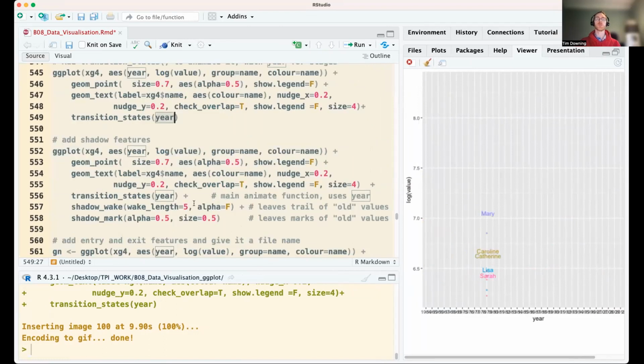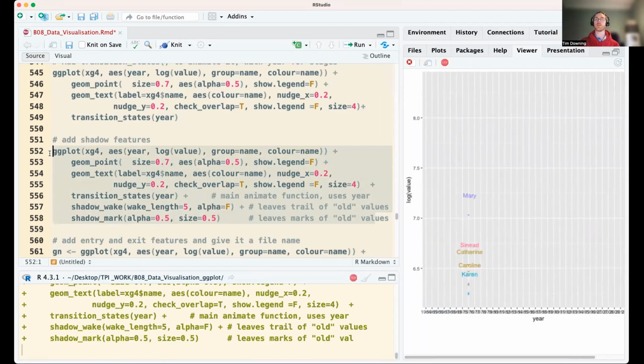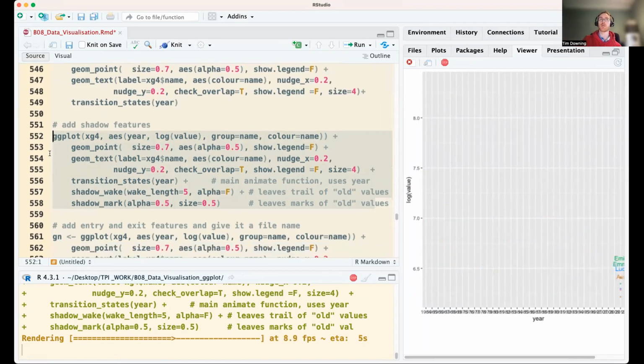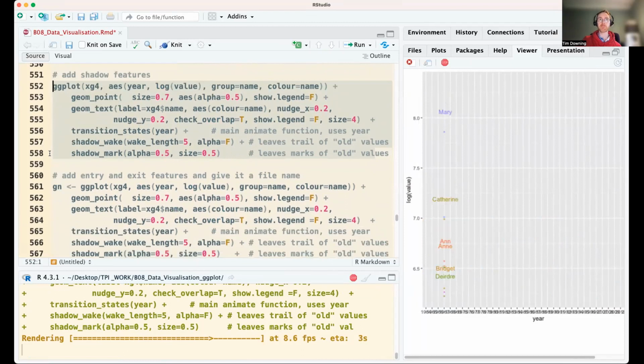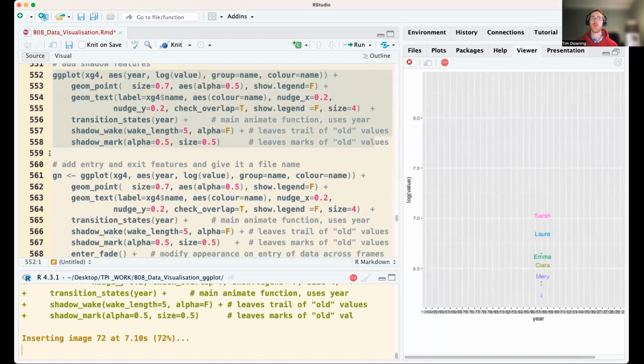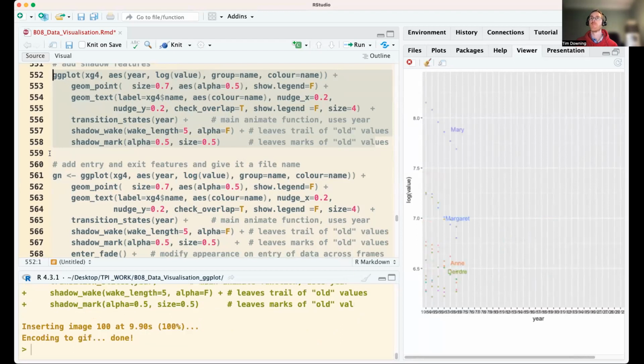So what we can do is improve this. So we can leave a wake and a mark in place that leaves the old values in place, which is effective for us because we want to see where they're coming from. So that kind of shows their trend. So that's something we can do. So we're going to look at that plot now and see what difference those tweaks make. So you can see there, it's more apparent what is going on across the different years and the different patterns